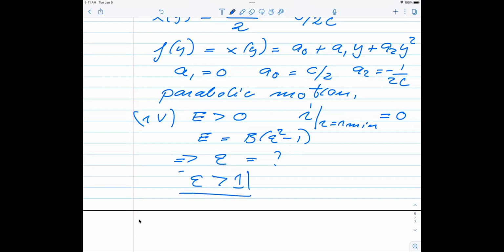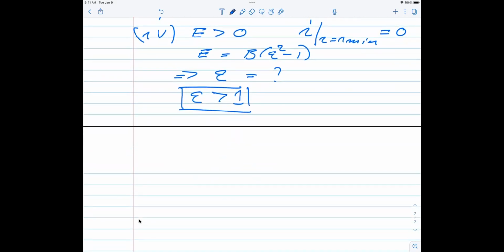And now we need to show finally that this leads to a hyperbolic motion. So the last thing we're going to do now is simply to manipulate the same equation for R in terms of the solution we have, and then see what type of motion we can get. So, and let's take a look at that. So we go back again to R of phi, which is our solution here. And that's given by C divided by 1 plus epsilon times cosine phi. And epsilon is now larger than 1. And we know that the denominator still vanishes